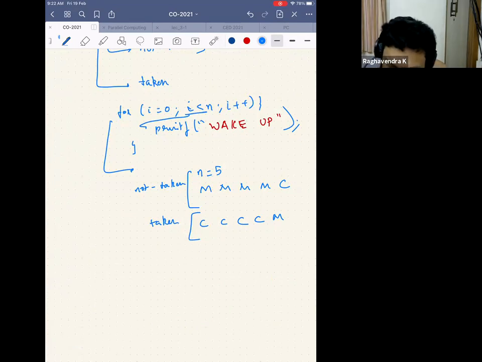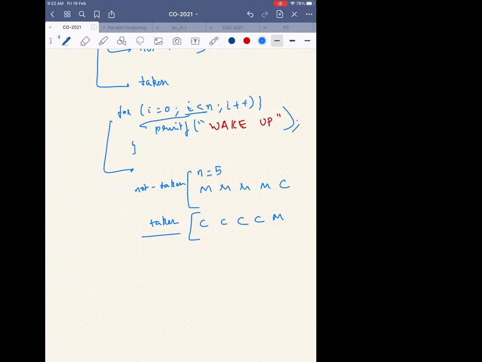Let's say I have built a predictor which is always taken. Somehow I know that the branches behave like this. Then I am correct almost all the times, and only in the last instance I am wrong. So will you be okay with it? Yes, sir. So do you think that this will affect performance? Okay, let's say you are okay.